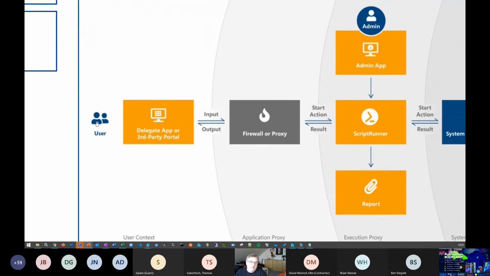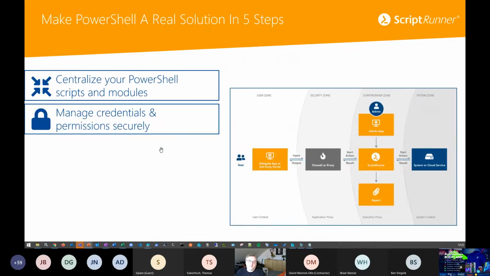The users on the other side only talk to the ScriptRunner solution, and you delegate within ScriptRunner what kind of tasks this user should be able to fulfill. These users don't need to have any access to your backend systems, and they don't need to have any permissions to do that. That makes it easy and especially secure to delegate particular tasks within your platforms without the need of making these people